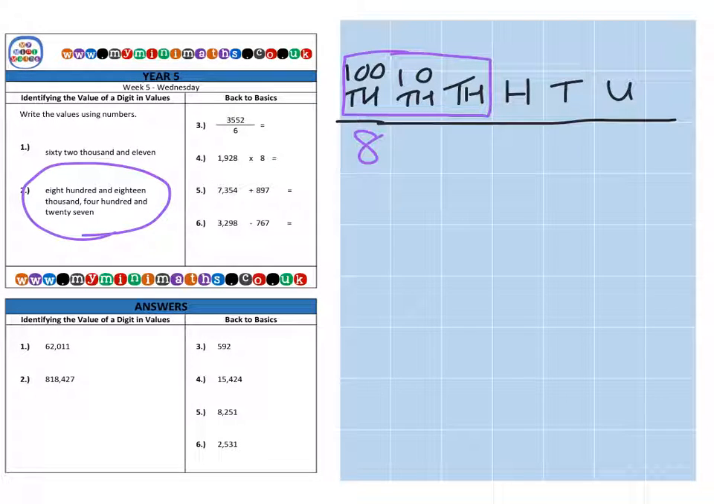818,000. So I'm going to write my 818 in those thousand columns, and then look at the rest of the number, because everything fits around those thousands, of 427. So I've got 427. Okay, so your digits should show 818427,